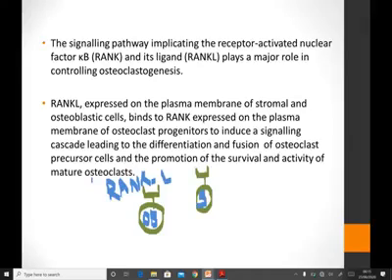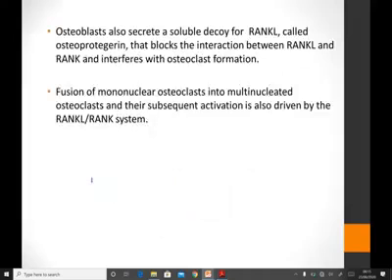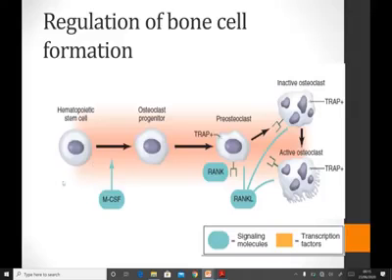So when the ligand and the molecule interact with each other or bind with each other, that results in the activation of a cascade pathway that leads to differentiation and fusion of the osteoclast precursor cells and formation of the mature osteoclasts. So if I show you this whole thing by the figure,